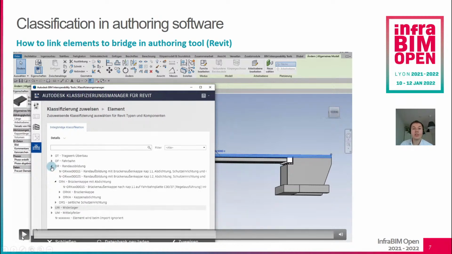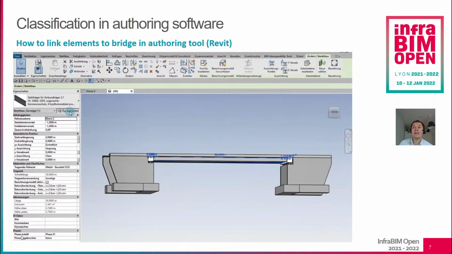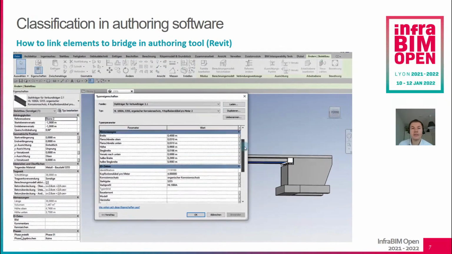Now when we go to the bridge cap, we have to decide on which level we want to assign our classification. For example, we can now use a macro element which has also statistical shares for guardrail and for railing, which is useful here because this is needed for the later evaluation, but has not been modeled yet in this planning phase. So we assign now this macro element. We already consider the railing in our evaluation, but we do not have to have it modeled in this early planning phase. After the classification is done, this is just stored in the element itself as two attributes.